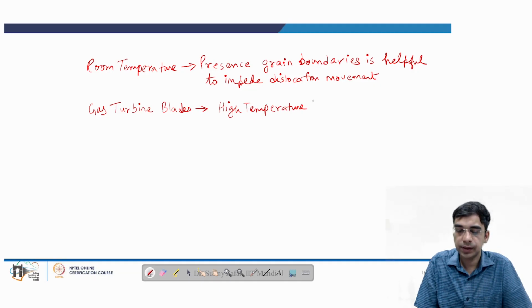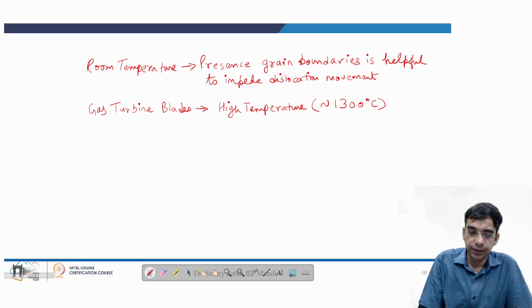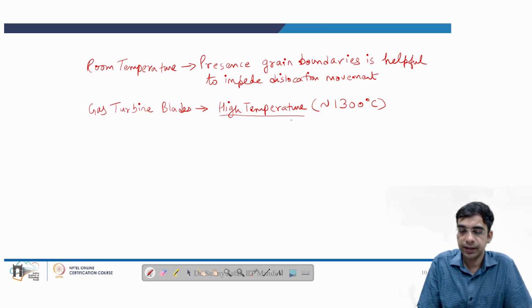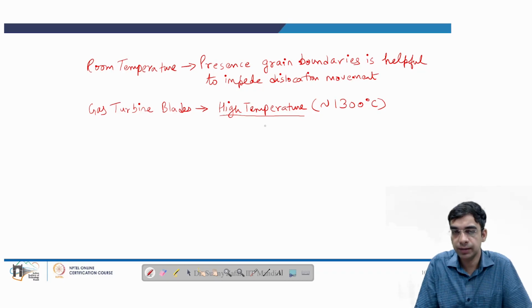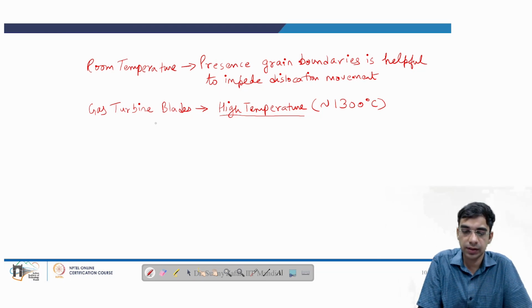So high temperature means temperature of the order of, say, 1300 degrees centigrade. So now what happens at this high temperature? Now if we have this value of high temperature and we have presence of dynamic loads, and on top of it if we have the gas turbine blade which is having several grain boundaries, so what will this result in? This combination will result in creep